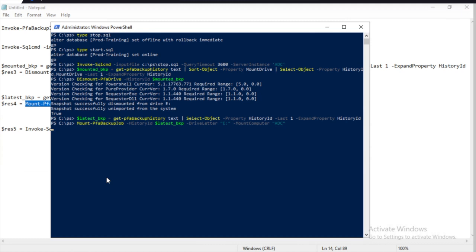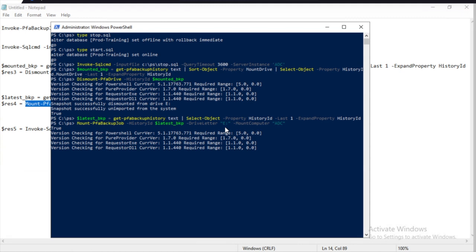Run it. Now what's going to happen, it's actually going to do all of these tasks for you. It's going to connect back to the array, take that VSS snapshot from the latest copy that was made, clone it into a volume, present it to this host, scan the bus, and mount it to the drive letter E, because that's where I've got this prod training running. So I want to be able to refresh that. So I had to stop it, unmount it, find out what the latest copy was, mount it back as the E drive, and then once that comes back successfully, which it should do, and again, it takes about 45 seconds,